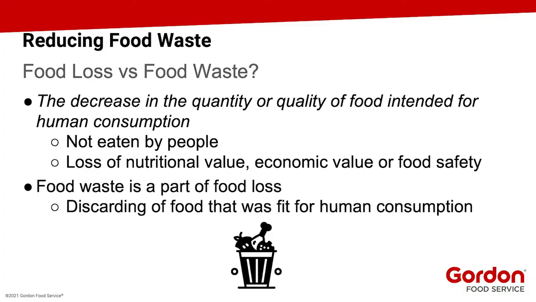Produce may not have been harvested because of damage caused by pests, disease, or weather. This is one example of food loss. Other losses are also seen during post-harvest and in packing, as well as in any processing or distribution. An important part of food loss is food waste. Food waste refers to the discarding of food that was fit for human consumption, which mainly happens during processing and consumption. There are many reasons why food is thrown away or wasted.